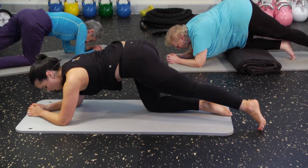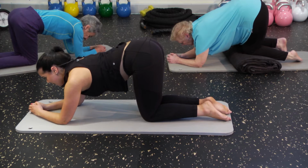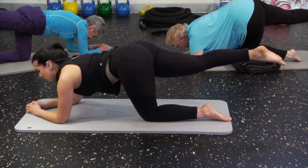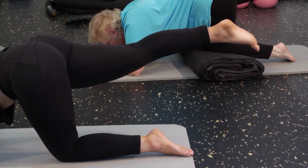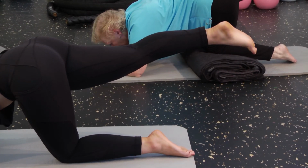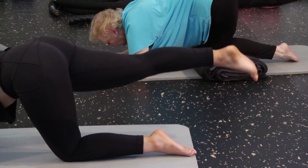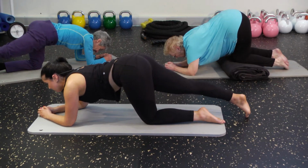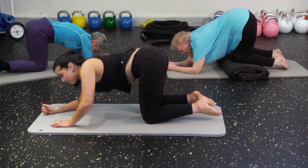Nice work, let's swap legs. So, shifting our weight over, right leg out behind us and touching the toes on the floor and kicking back up. Okay, great. Now guys, let's come back